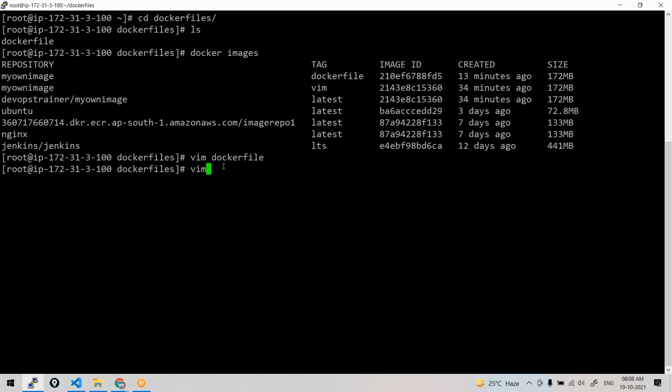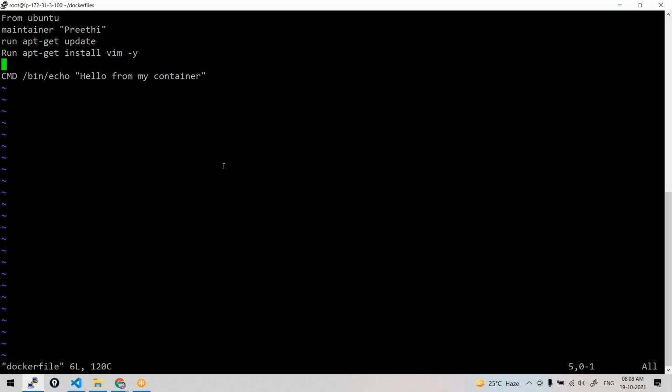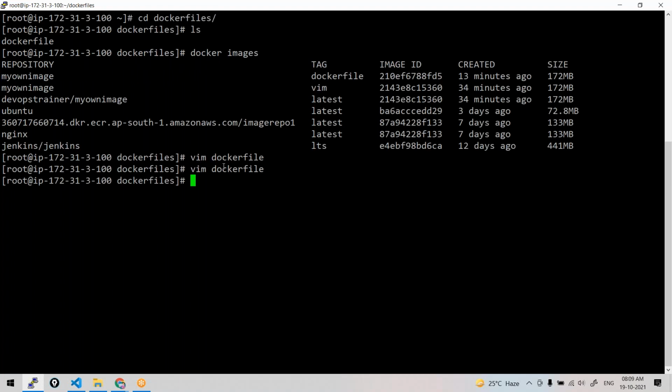Right? So another Docker instruction we need to learn immediately is the EXPOSE instruction. Let's suppose this is some container where some services are there. You want to expose that port. What is exposing the port and what is this port mapping or port forwarding concept? This is required to access the services of your container from outside the container. So that's where EXPOSE comes in. First, you need to learn port forwarding or port mapping before we use the EXPOSE instruction. We shall take up the port forwarding concept tomorrow.